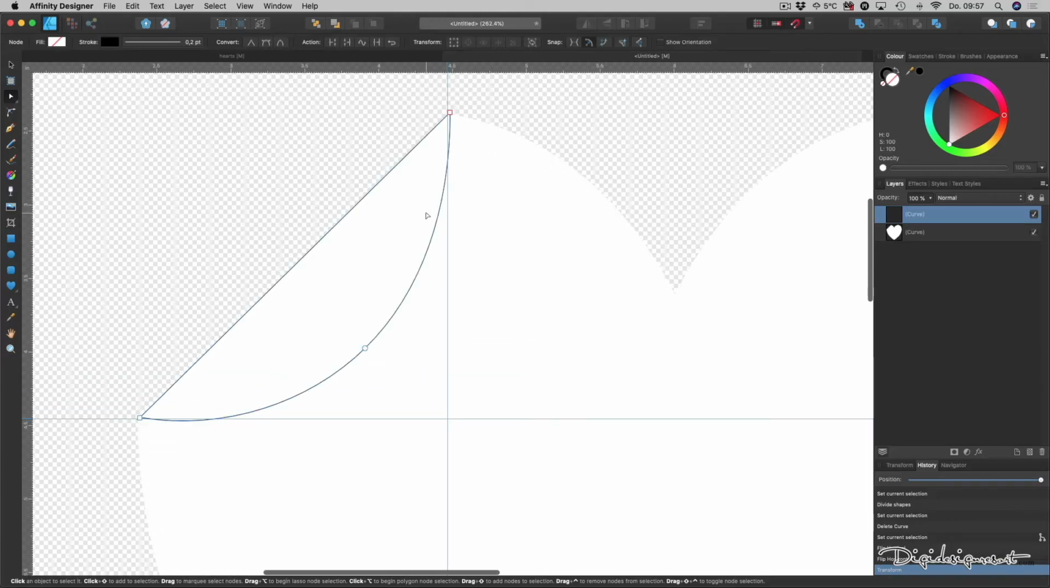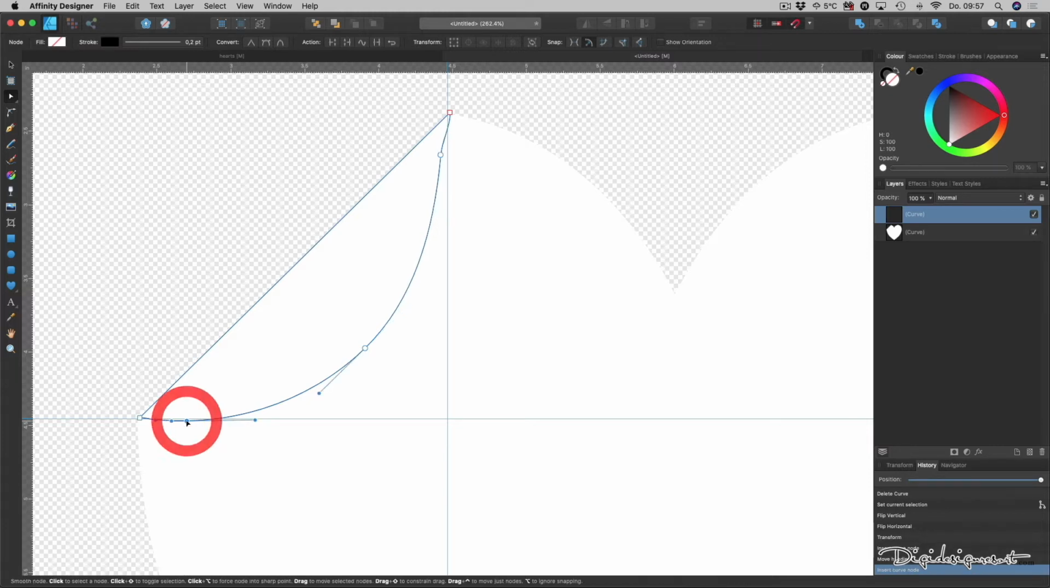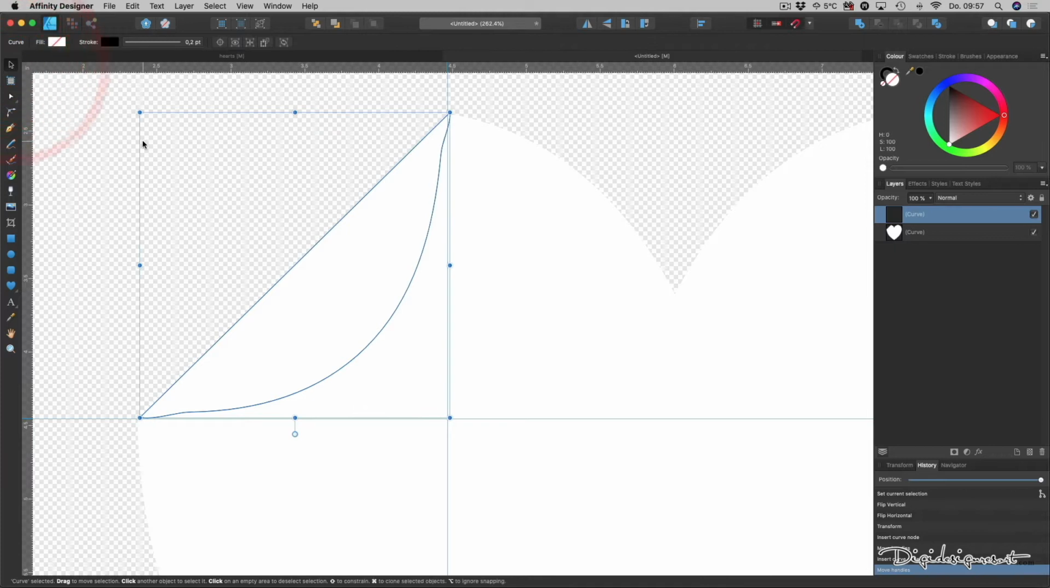And now we click in here to have the node tool, and with the node tool we can make changes to the heart. So see what I'm doing? I'm just pulling that a little bit out of the center just to make it look more natural. Click on the selection tool,